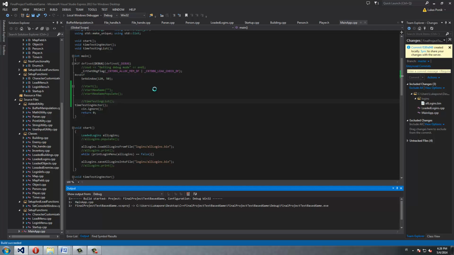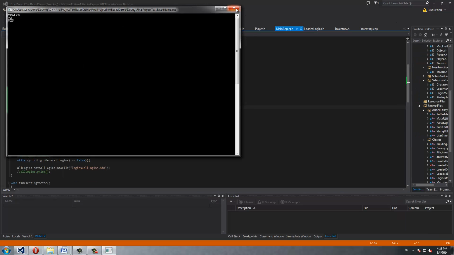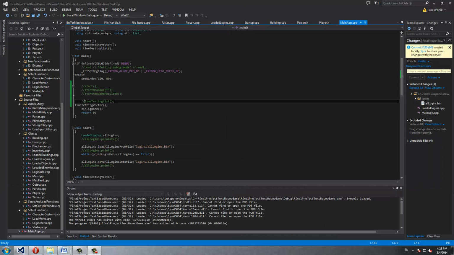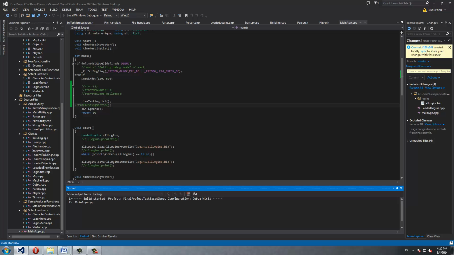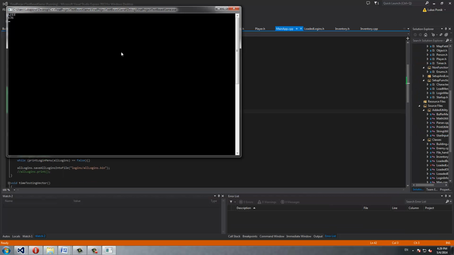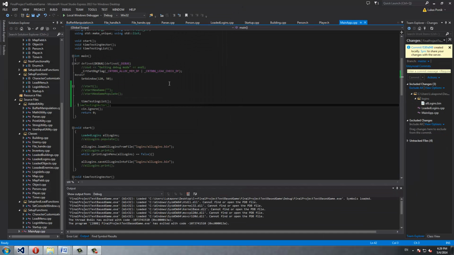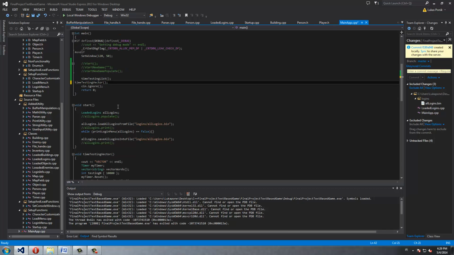But if I just call one at a time, as you can see the time is almost the same. So vector with the swap, the deletion is the same as in a list, but I'm saving the memory,